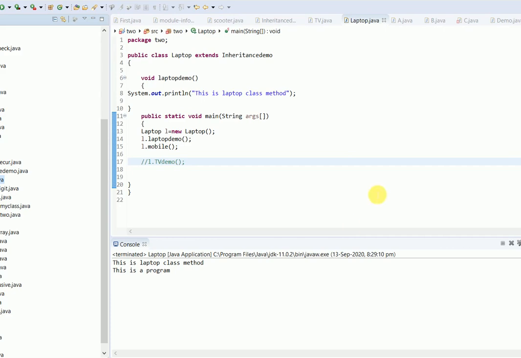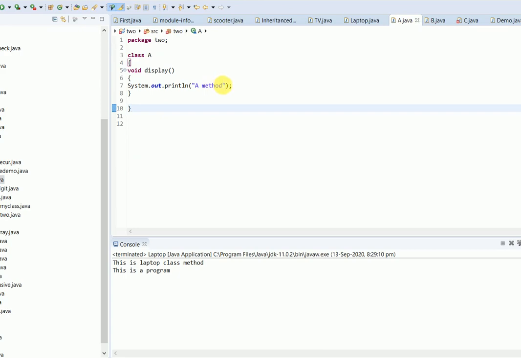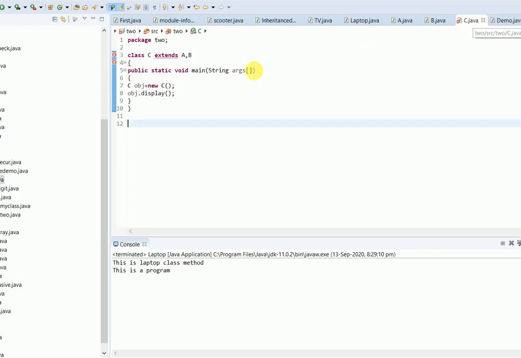I have shown you this through an example. I have this class A, which has this method display. Then I have this class B, which again has the method display, and then there is this class C, which is inheriting both the classes A and B. But see, it is giving an error because multiple inheritance is not supported.